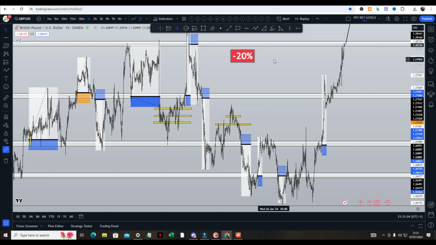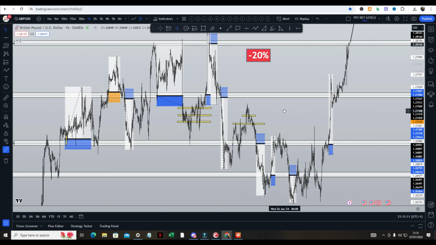Our risk management plan, the way we approach it, excuse me. Having a good strategy is great, awesome. Having a good strong edge, perfect. But it also comes down to your risk management plan, and that is the true king. That is the real winner. That is what will definitely make you the winner.